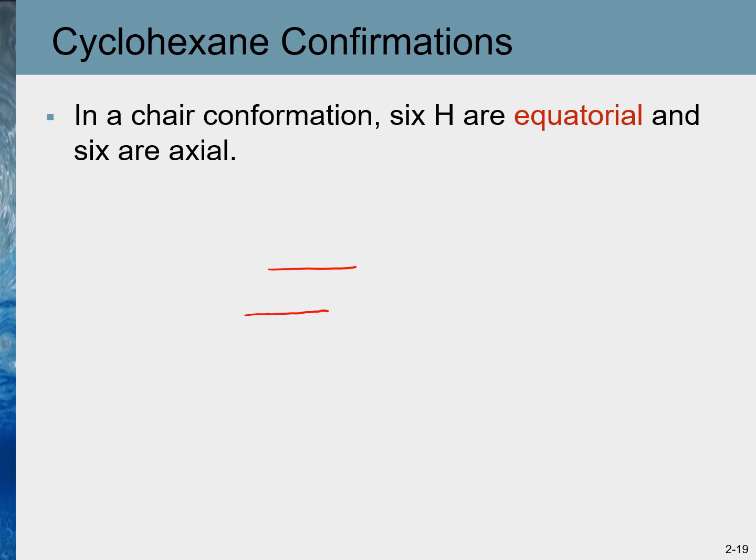So these two are parallel lines, and then draw another line here, and parallel to that line draw a line here, and then connect this line with carbon atom here and connect this one here. So this is a chair conformation